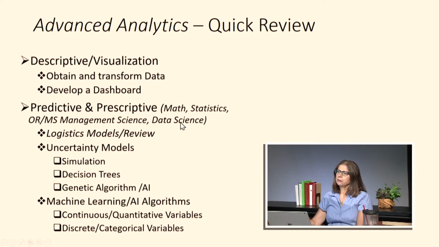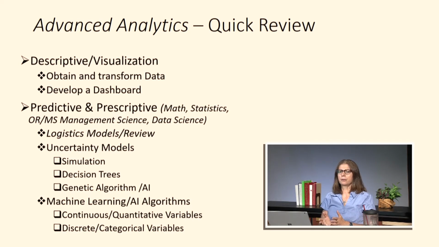Then we go into predictive and prescriptive models, which uses math, statistics, or MS, management science, data science. And so we start by giving a quick review of logistics models, which are very famous in supply chain. And we look at deterministic models, so known with certainty. All inputs are known with certainty. Just to review what predictive and prescriptive models are like. And then we go immediately into uncertainty models, because those are the ones that you will use to evaluate risk and evaluate